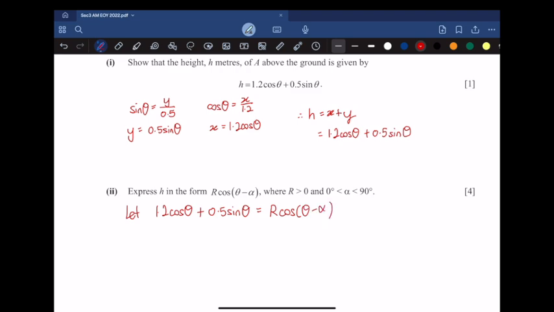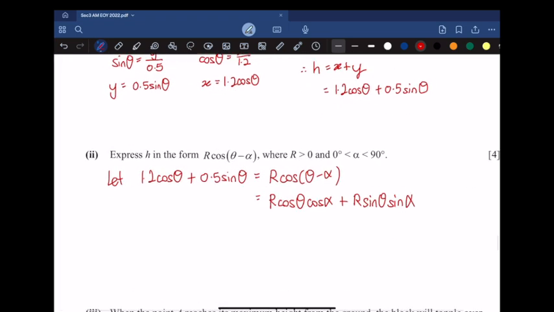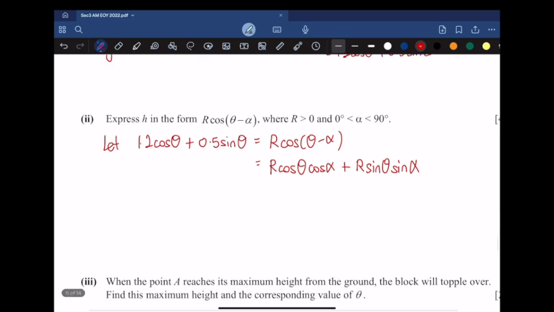Then, based on my cosine subtraction formula, this is r cosine theta cosine alpha plus r sine theta sine alpha. Then I can formulate the two equations which need to be seen in order to score the marks for this question. First equation, by comparison of the first term here and the first term over here, I can see that